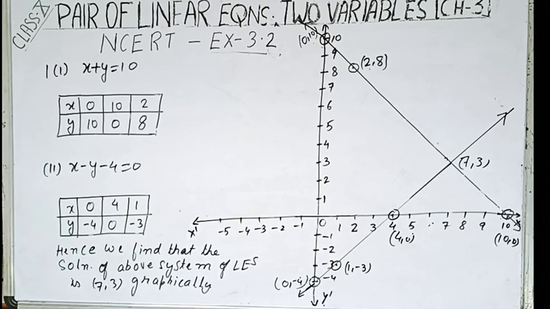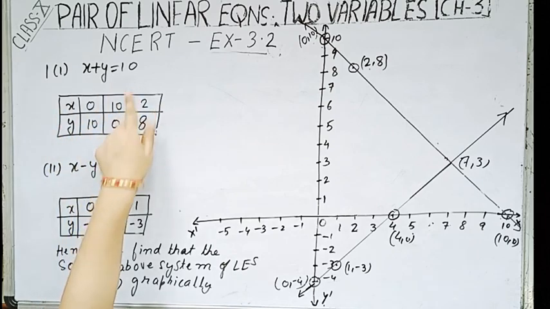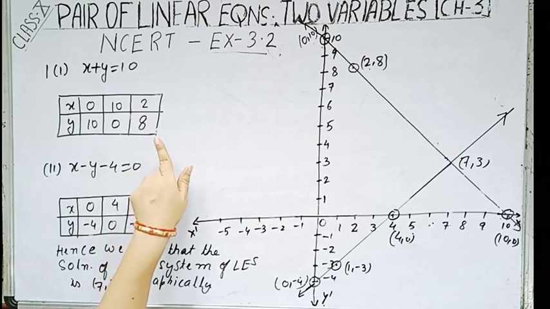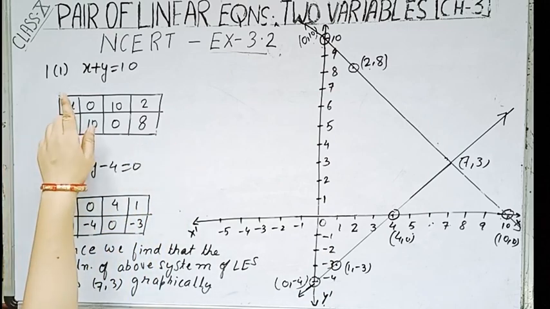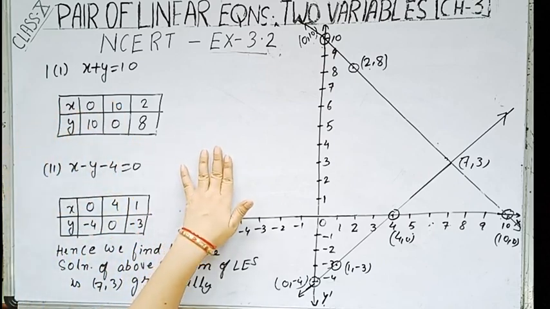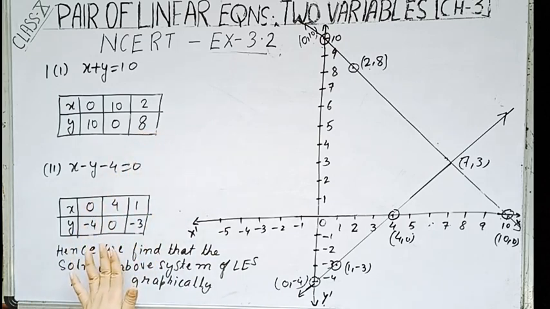Now children, let us find the graphical solution of the system of linear equations which we have got from the given statements. The two equations were x plus y equals 10 and x minus y minus 4 equals 0. Now to solve graphically, we need this table of values. Substituting different values of y will give different values of x, or substituting different values of x we will get different values of y. I have explained how to get the table. You calculate on your own, taking some more values, and get the graph on your own.